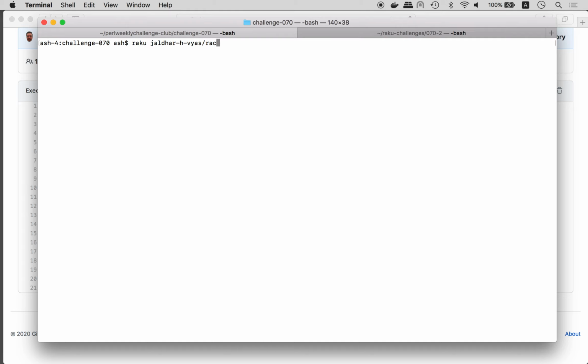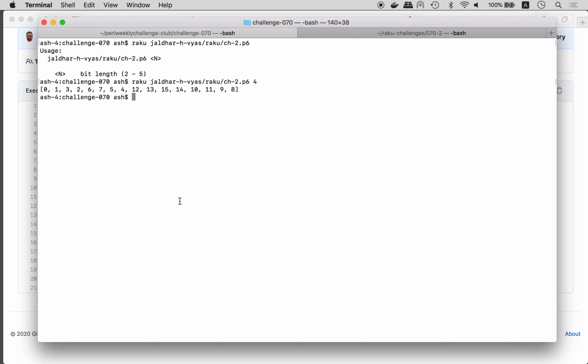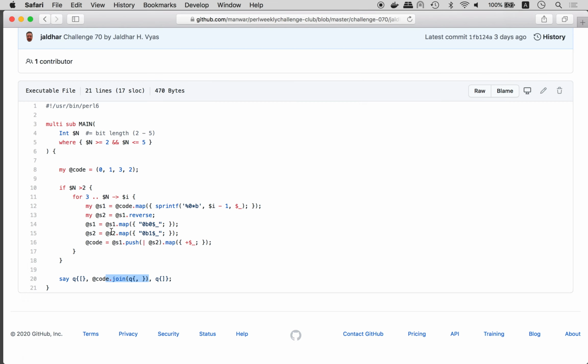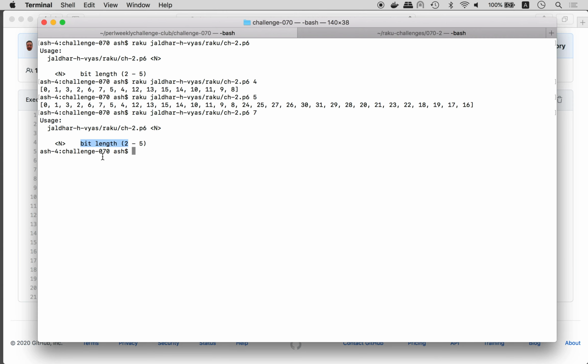right, Raku, second solution goes here. We need to specify the length, and length is 4, and this is, what is it, 5, right? I wonder what it's like, 7, right? So yeah, 8 bit length. And who is generating this? Wow, actually I see. So bit length,